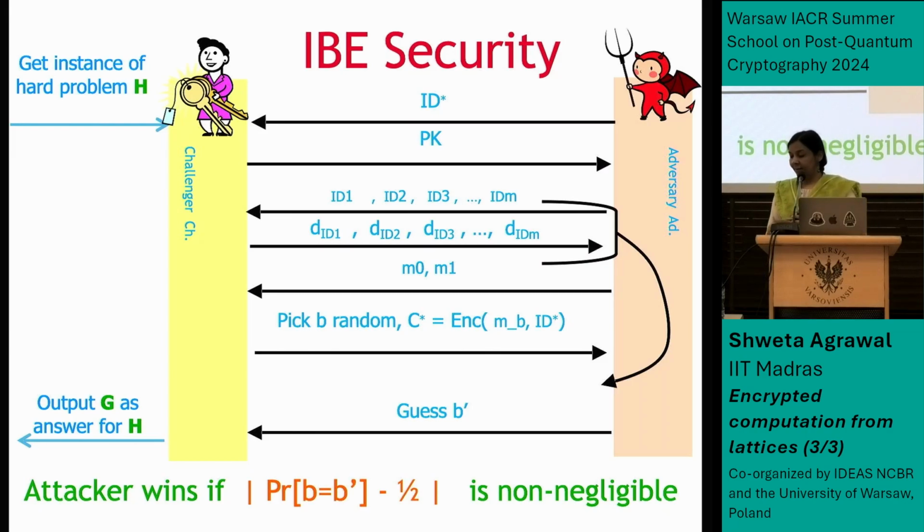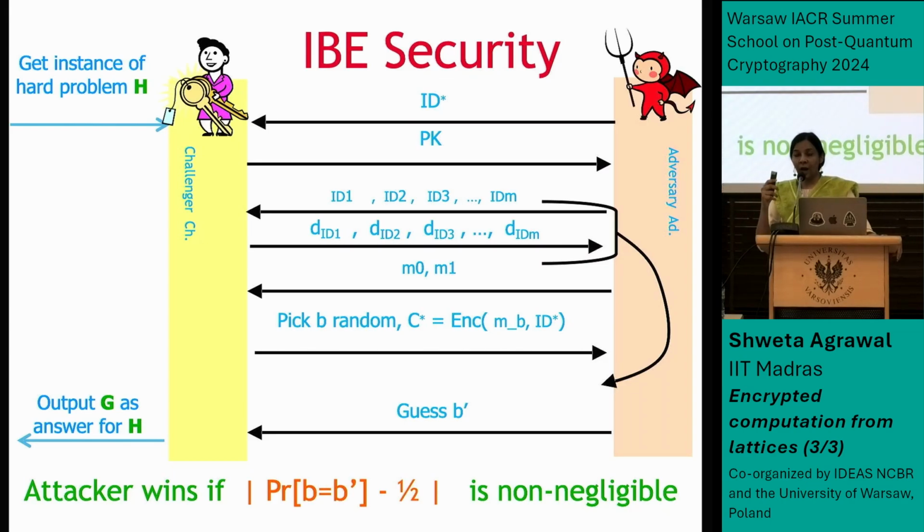Why does the attacker get the public key here from the challenger? Shouldn't the attacker be able to calculate it by himself? No. So this public key is not a public key corresponding to any particular user. It's like the public parameters that are global to the whole system.